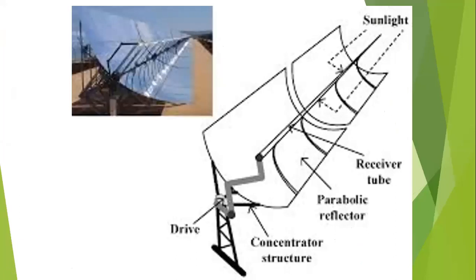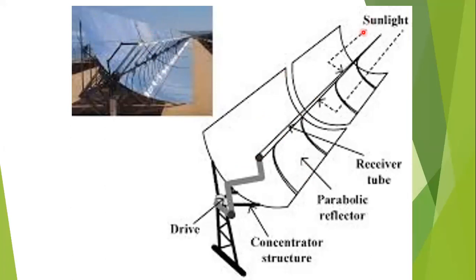See here. This is the cross section of a parabolic trough collector, and here the sun rays will be focusing onto the parabolic sun reflector. See, this is the diagram. Here the stray rod is there. This is the absorber tube. Here stray rods are there. These are the stray rods. Here we can see them clearly.